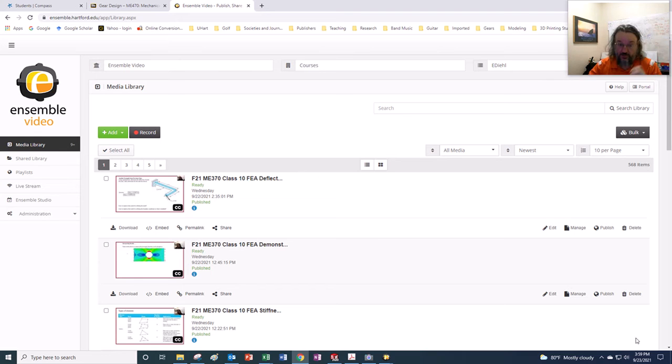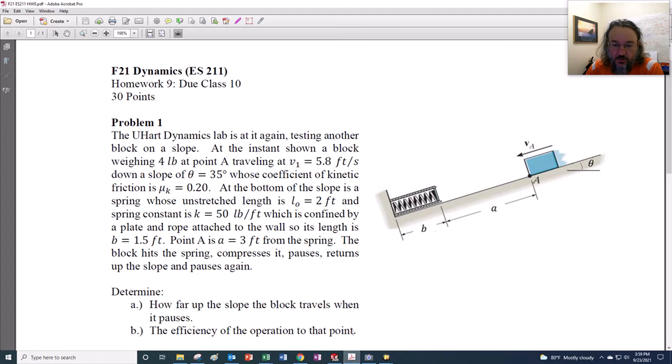So here we go. Here's going to be class homework number 9. Yes, homework number 9, problem 1. And so we have a dynamics lab experiment here where we have this block on a slope, and